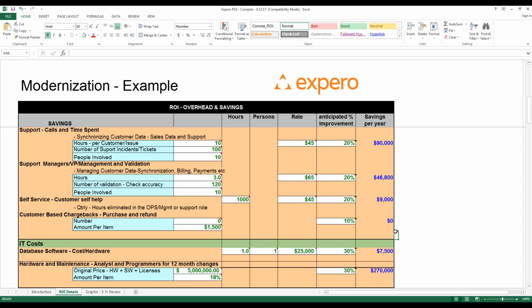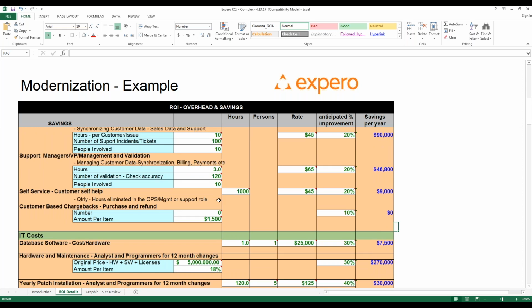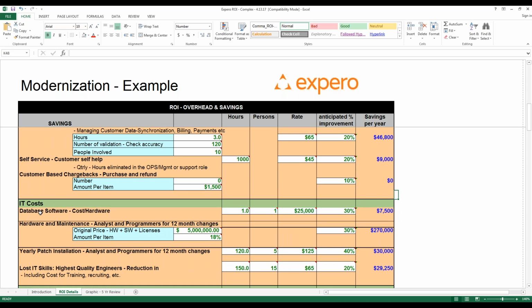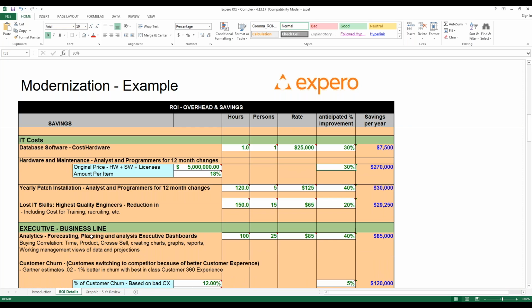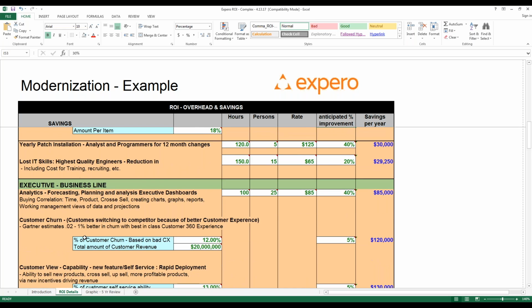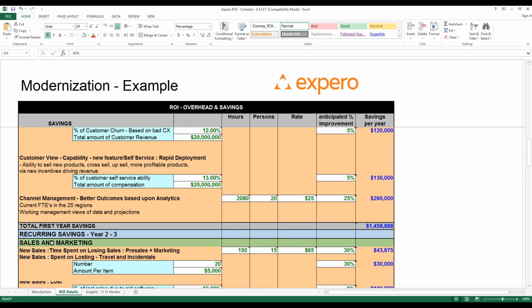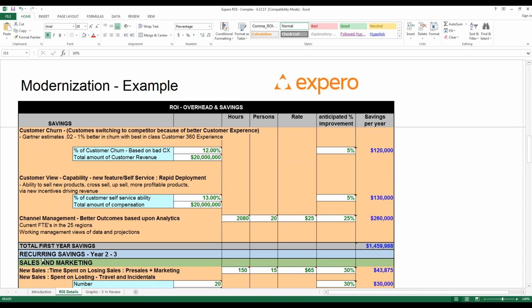So the goal here again is to create a tabulation across the different categories, like I've done now here for IT as well. And you can see that I've put in some pricing, which is now reducing from my current on-premise, which is today I actually have some hardware and software. And what I'm going to do here is I pay 18% maintenance, and it looks like now when I switch over to a cloud-based, I think I can save about 30%. Okay, and as I roll through these different categories, you can see that I have a section for business and executive.